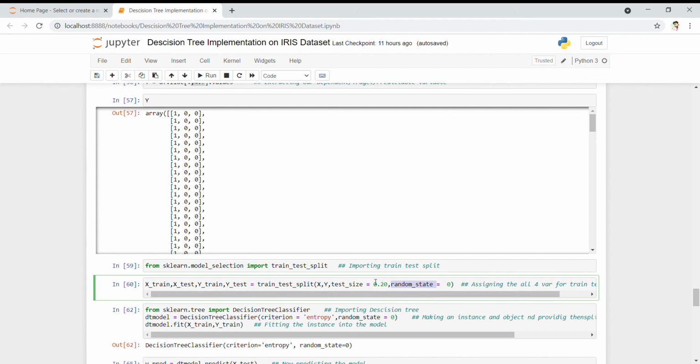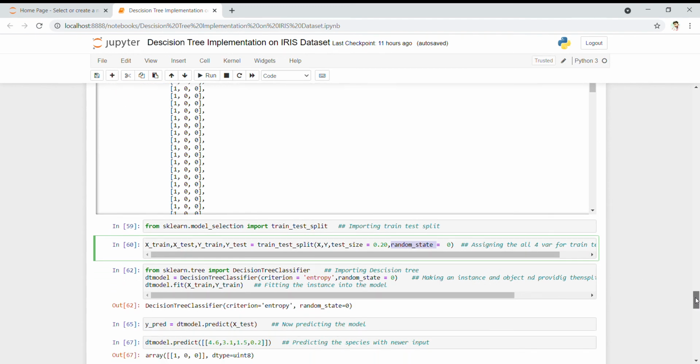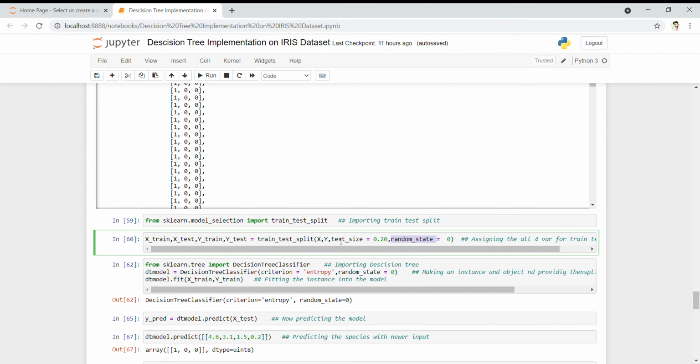After importing train_test_split and reading the variables for it, our next task is to import a decision tree classifier. We import DecisionTreeClassifier from sklearn.tree, and then create our dt_model, assigning the object as DecisionTreeClassifier.